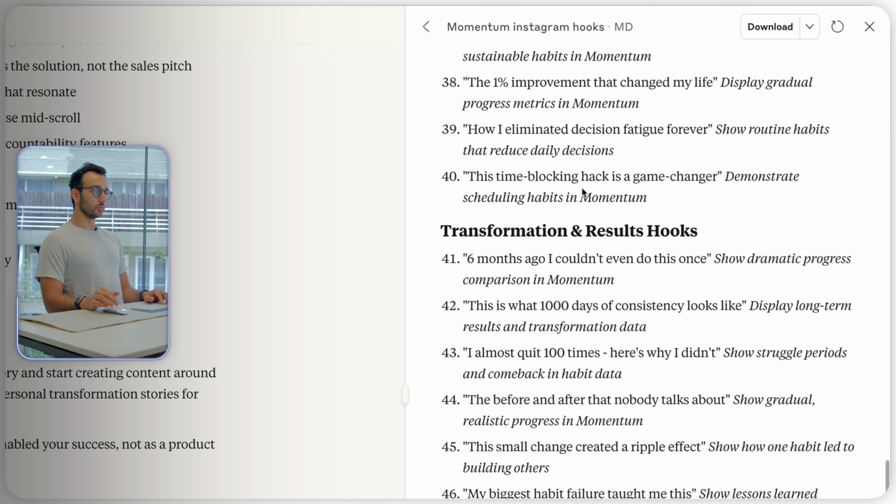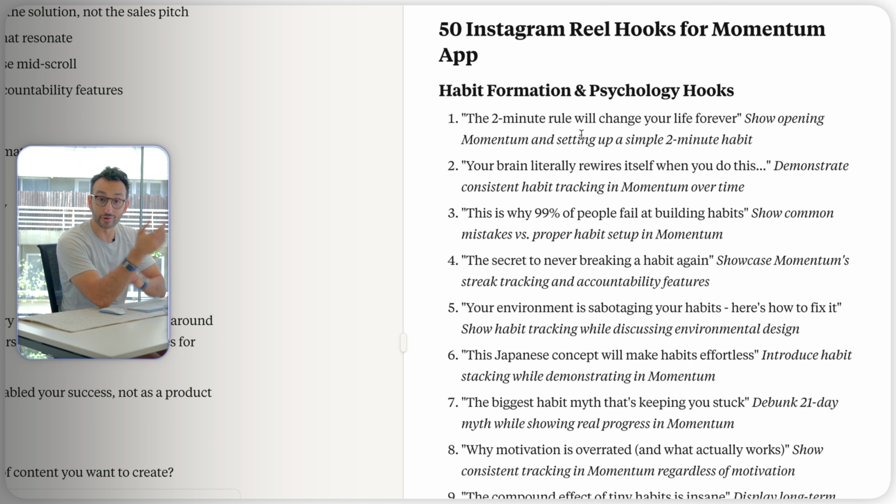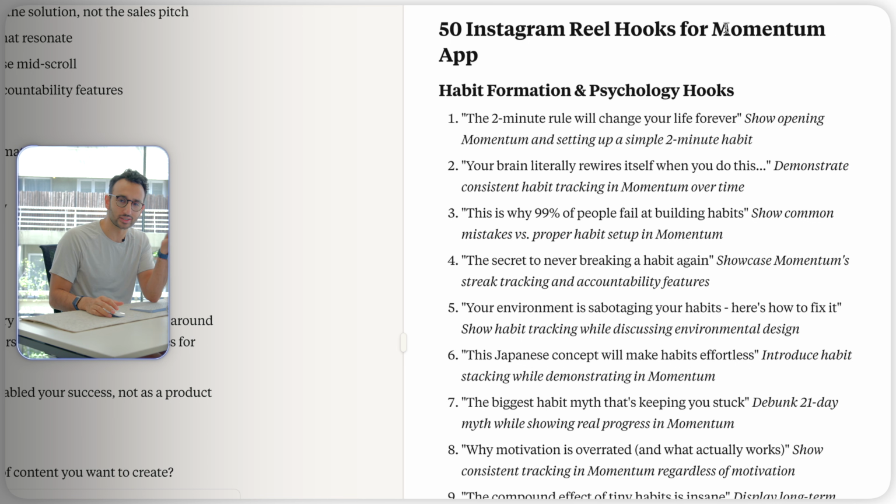Now, the way that we normally do social media content is we create what we think of internally as a hook book, basically just a Google Doc or a Notion page that has loads of different hooks. Hook meaning the first line of the thing. And then usually I'll have a look through and pick which are the ones that feel legit. Obviously I'm not actually going to film all 50 of these, but I find that by generating 50, I can usually find 5 or 10 where I think, oh, actually, I have something good to say building off of this one-liner.